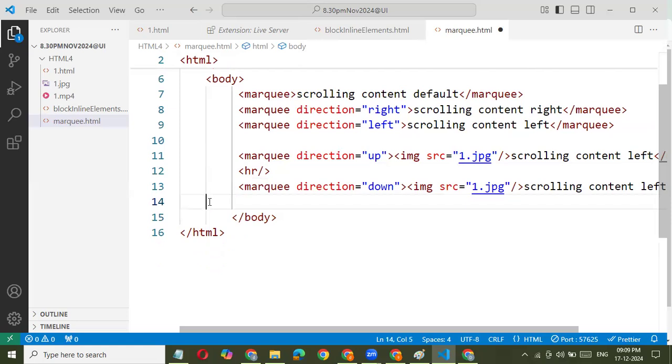Here, next, after this marquee tag, I'm writing marquee. Because of this marquee tag, you can check how the content will move in the up direction and how the content will move in the down direction. Next one, after moving up and down direction,